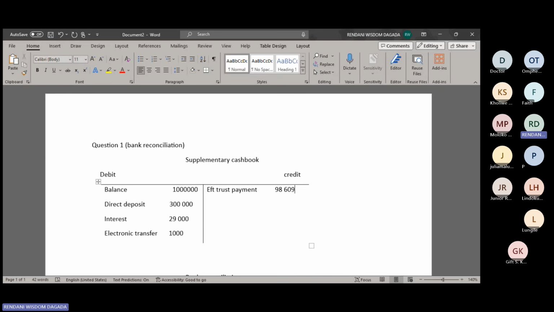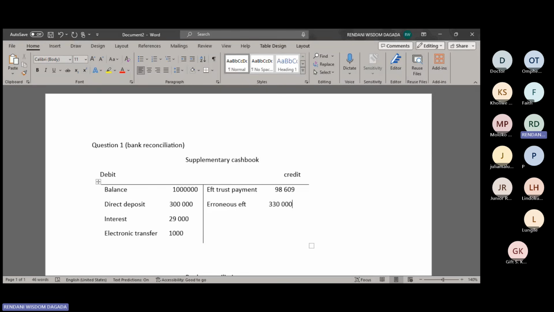And the reverse part is what we're supposed to do in the supplementary cash book. When we reverse a deposit, we are paying. So this one is going to be on the credit side because it's a negative. Also, money is leaving our possession. So erroneous EFT, how much was the EFT? It was 330,000. Yes, 330,000. Great. Number 8 says that EFT payment made by you